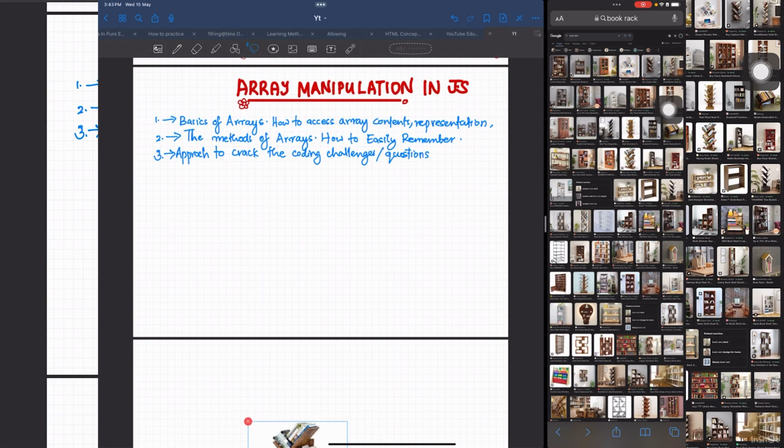So today we are discussing array manipulation in JavaScript. Array manipulation is a sure question most of the time while preparing for JavaScript interviews. So in this video